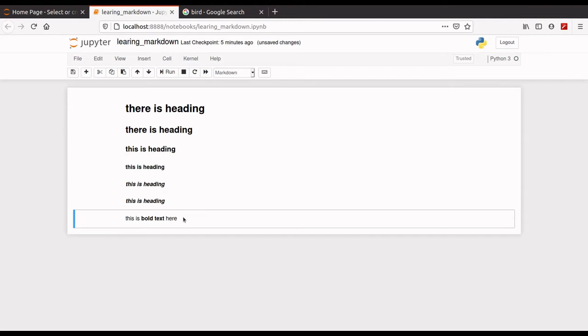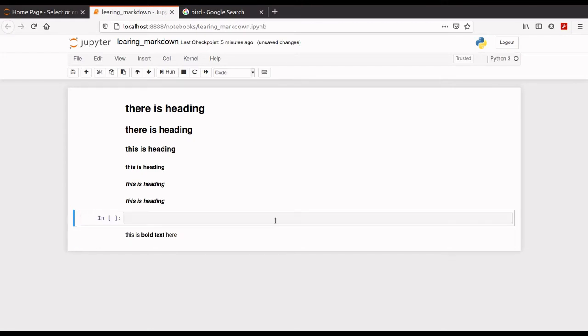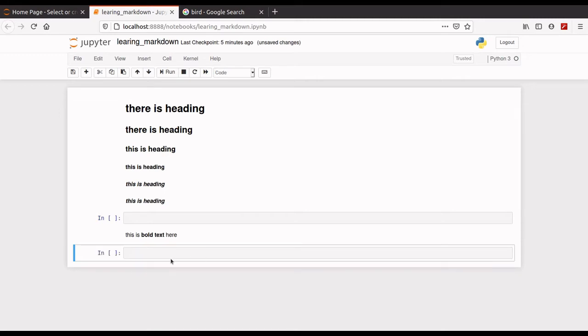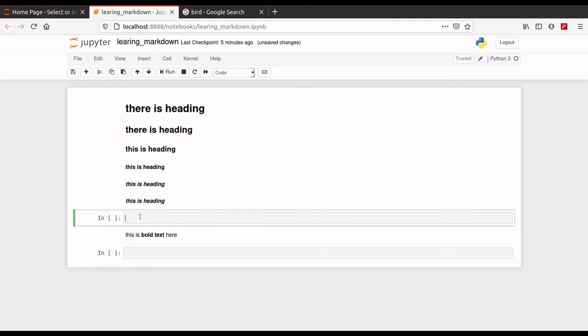So to insert a cell, you first make sure that the outer covering should be blue and click capital A. Look, the cell is created above the selected cell. Now if you want to insert a cell below the selected cell, then just use capital B. Look, here it is. And if you want to delete this cell, then just use capital X.